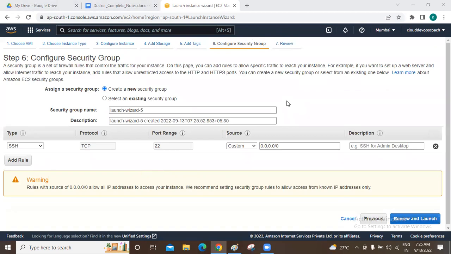Aditya is asking, sorry to disturb in the middle as this is my first class, can you just explain the need of Dockerization with a simple real-time non-technical example after this instance creation? Yes, Aditya, I will do that.